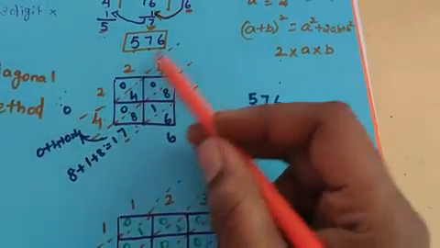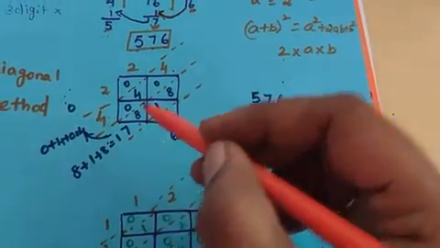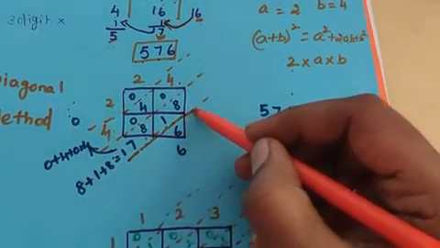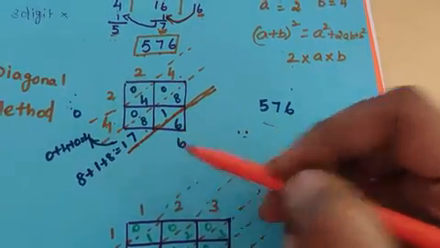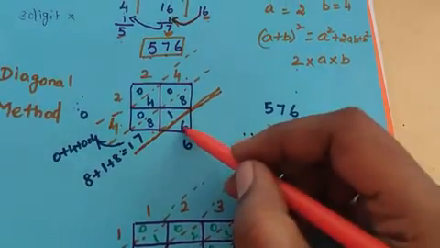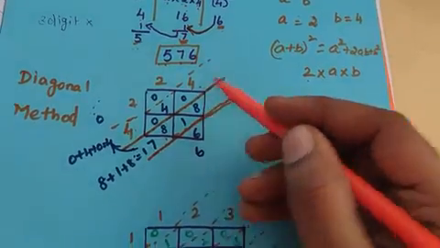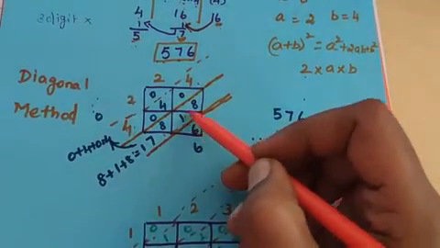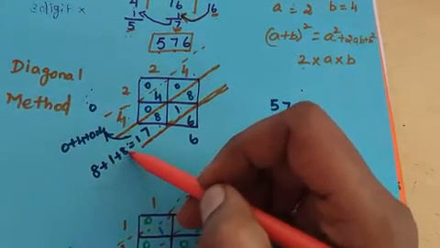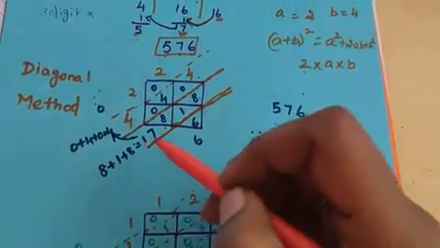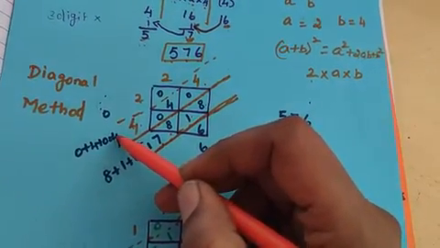Now we have divided it diagonal wise. So how to add that one, that I will show. This way, if you divide diagonal wise, whatever comes under that, you write first. 6 is alone, so we write the 6. And the next diagonal if you move on, here you check, 8, 1 and 8. You have to add all these numbers. So 8 plus 1 is 9, 9 plus 8 is 17. Out of this 17, this 7 will be written here. This 1 will be carried over to the next diagonal.